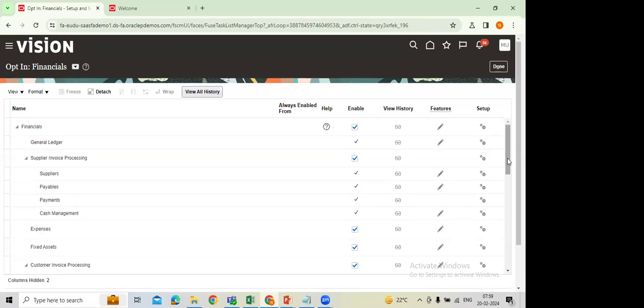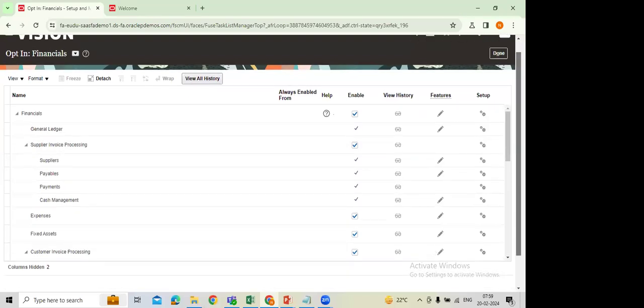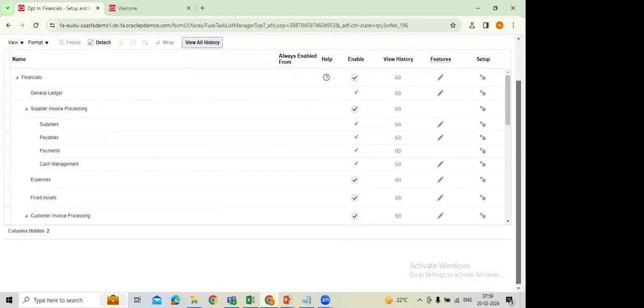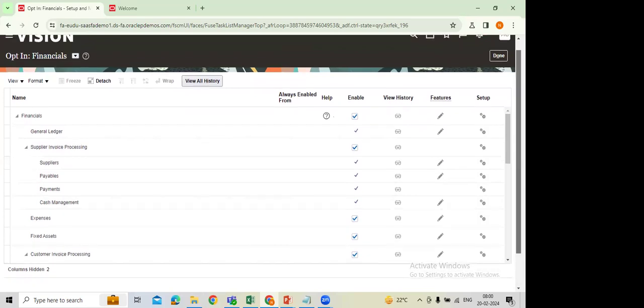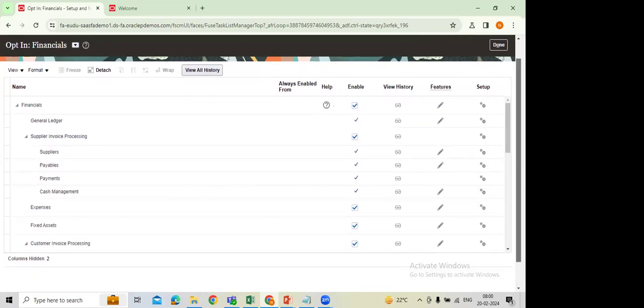Well, see here, under financials, what? One question, please. Until EBS R12, as you know, we went for licenses. Now the same thing is converted into offerings, correct? Like finance offerings, order management offerings, that sort of thing. Based on our requirement, we decide whether we opt in for these particular offerings or not. And based on the offerings, Oracle charges us, correct?